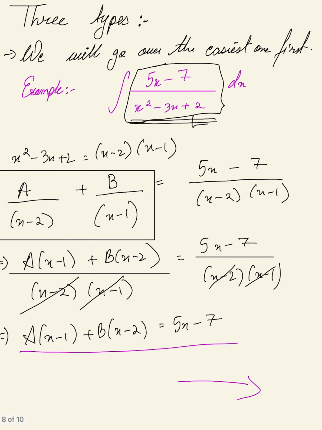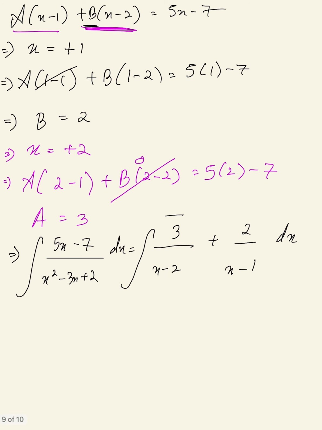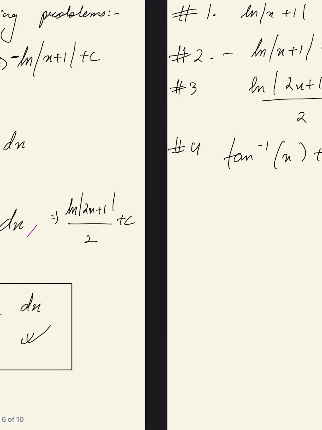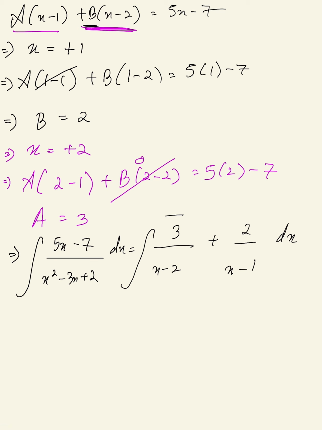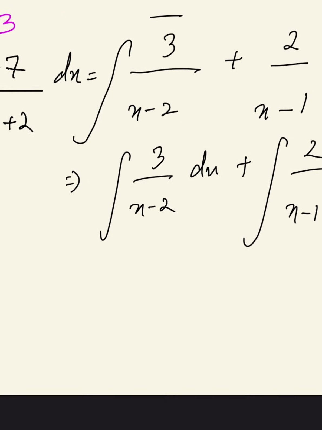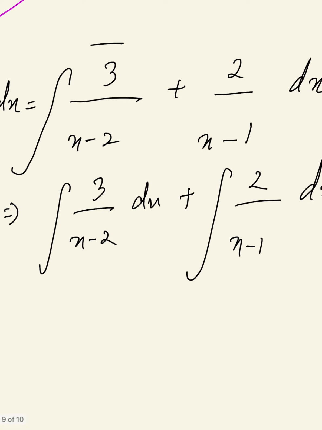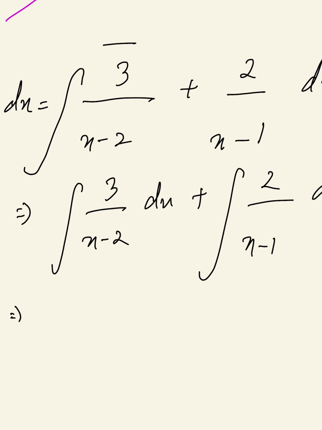It's just this term, with the integral on top and the a and b values included. This integral is pretty easy to solve with this. We did this problem right here. So let's solve it. We can separate these: 3 over x minus 2 dx plus 2 over x minus 1 dx, which will give us 3 times natural log of